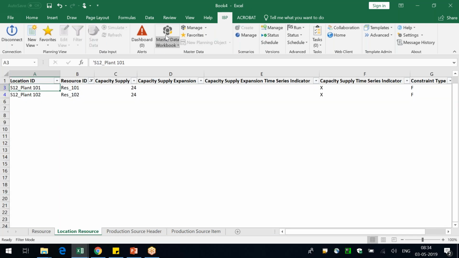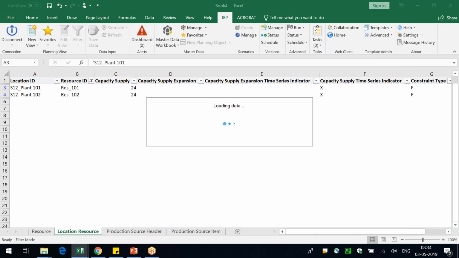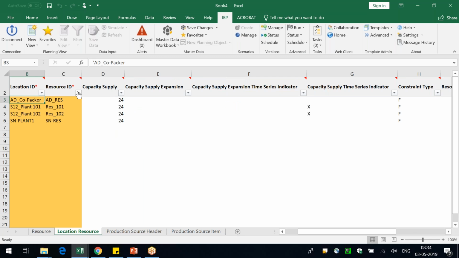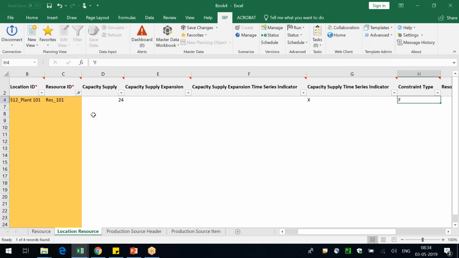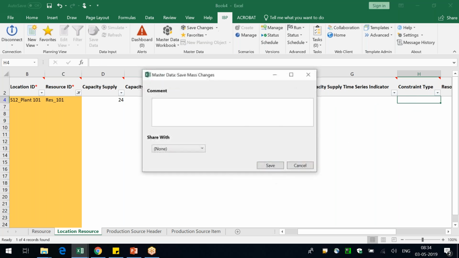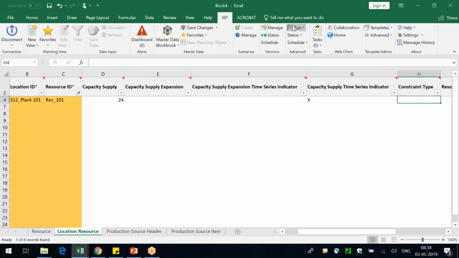You want to try that, guys? Let me change that and let's see it. Location resource. Let's make just the resource one. I'm taking this off. I changed the record. Now I'll rerun. Now let's see what happens.